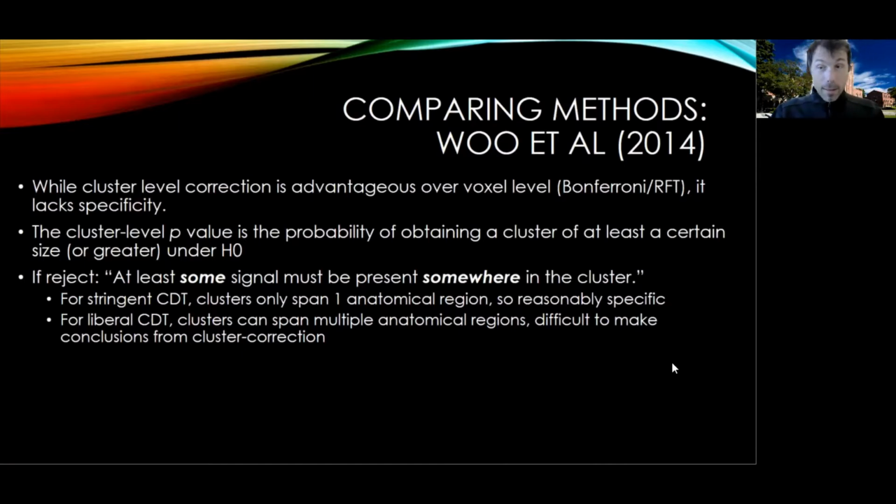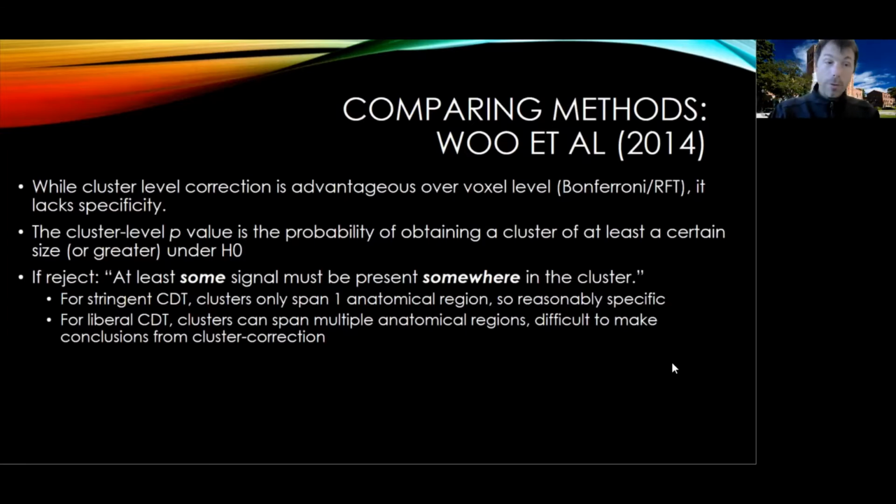And so the problem is that if you use a very stringent cluster-determining threshold, in other words, if you set your z threshold relatively high, somewhere close to 3.1, the clusters that you get are pretty small, meaning that those clusters tend to be contained within one area. And so, even if you don't know which voxels exactly are the significant ones, you can still say, well, the cluster fell in area such and such. So you can make a